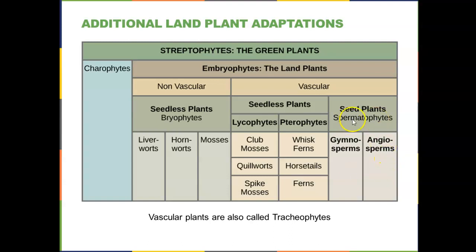So on to seed plants, or the spermatophytes. And the seed plants are characterized primarily by the development of this seed structure. So they're vascular, they're embryophytes, they are green plants with the chlorophyll and various other molecular structures that are shared amongst all of these organisms. But the big innovation is the production of a seed, which is a means of dispersal that combines the delivery of gametes from male to female,